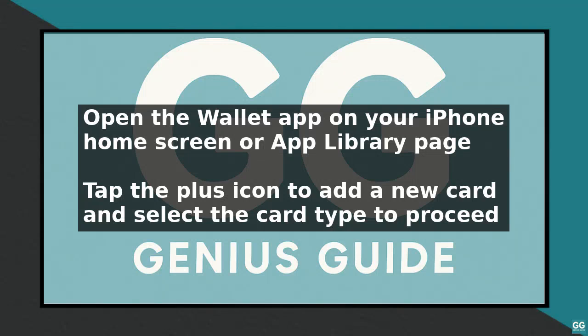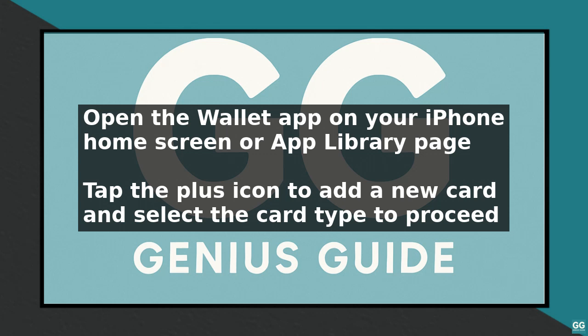To use Apple Pay on your iPhone, start by opening the Wallet app, which can be found on your home screen. If you cannot find it, swipe left until you see the app library page and look for the Wallet app under the Finance category. Once you have opened the Wallet app, tap the plus icon in the top right corner to add a new